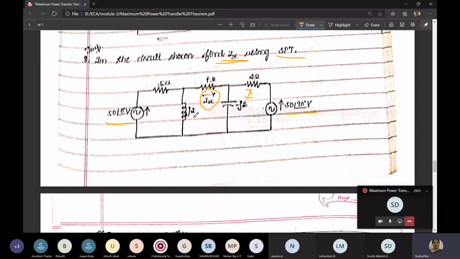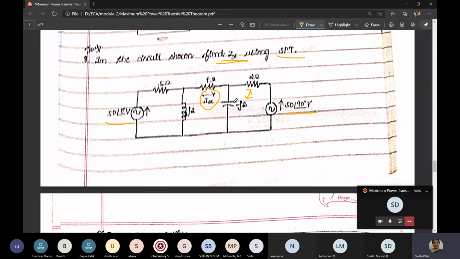Again, that is in parallel with J2. Again, that is in series with 5 ohm. So we'll get an equivalent resistance. When we get an equivalent resistance, this voltage will give us the current. So I is equal to V by R, that is voltage divided by resistance. Fine, we'll get the main current. When we get the main current, you can go with the branch current. Ix will be the branch current. So main current into resistance of the opposite branch, that is J2, divided by sum of resistances.